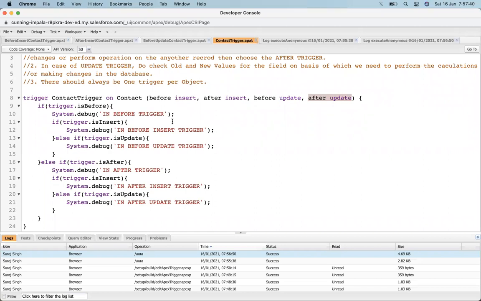After the lunch I will show how we merge all the code into the same place. Let's take a break. After the break we will talk about that. Okay, let's have a break and come back, and let's see how we can merge all the triggers into the same code.